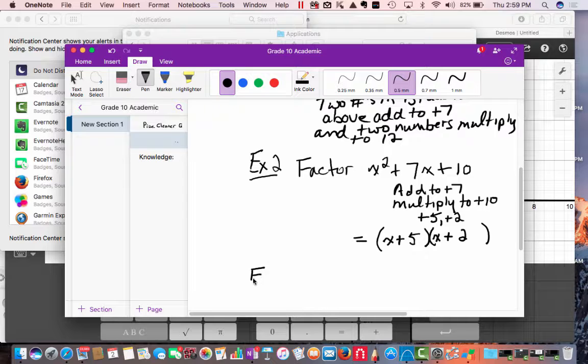In example 3, we'll introduce some negatives into the question. So if I asked you to factor, let's say, y squared minus 3y minus 10. Once again, as in any question that's involving factoring, you should always look for a common factor, which once again, in this case, there are none. So can we find two numbers that add to this number and multiply to this number? So add to negative 3